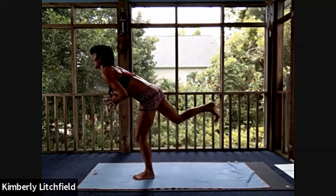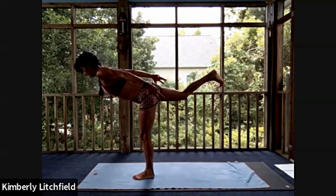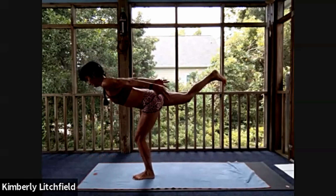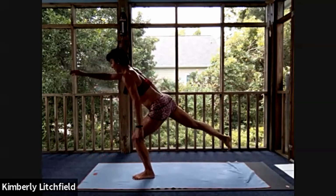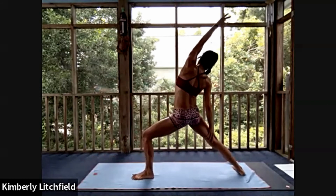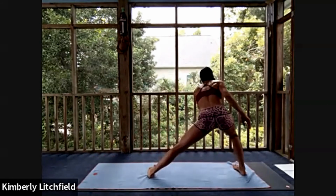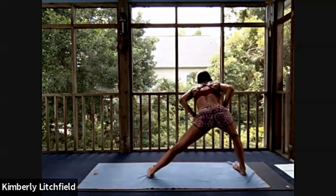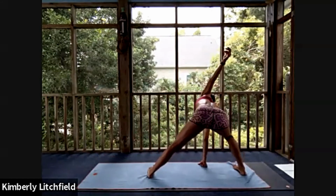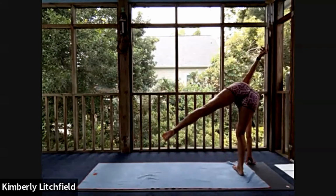Find your belly, right leg back, maybe fly the arms. And then soften the left knee. Inhale, reverse warrior. Straighten the left leg, turn the left foot parallel with the right, come to right side skaters. Bring your right hand down, stretch your left arm up. And then walk your right hand just in front of the foot as you straighten the leg, take the left